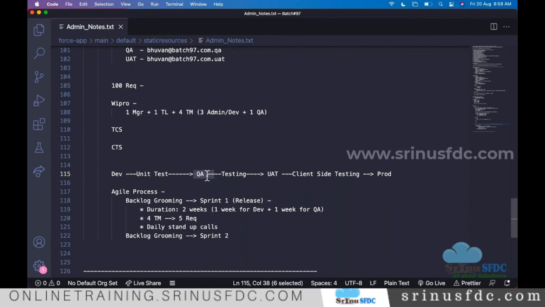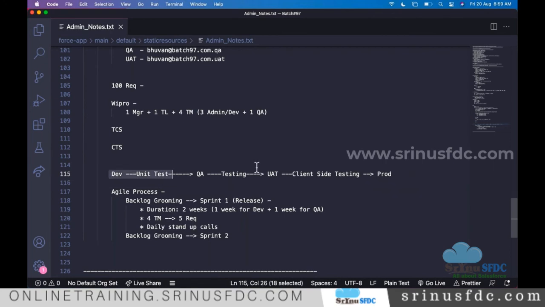Once the project is over and released, what happens to those sandboxes? For next time, we can just refresh it. Once the project is released, Wipro is done with that, right? All of these are owned by the Dell company. They'll deactivate all the Wipro employees' users and they'll own all these things. The Dell company side decides how they want to use them. Let's say for the next phase of requirements they give it to some other company, then they give access to that company's employees.